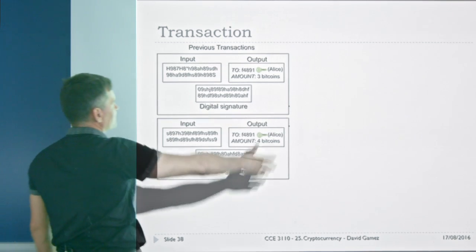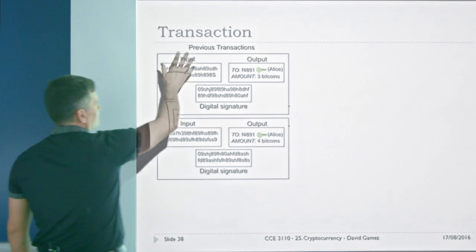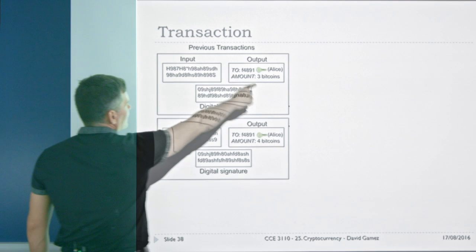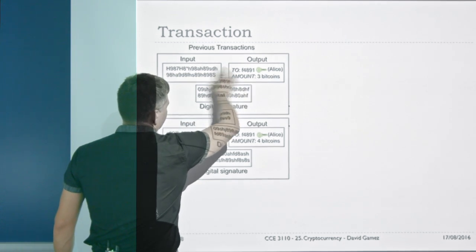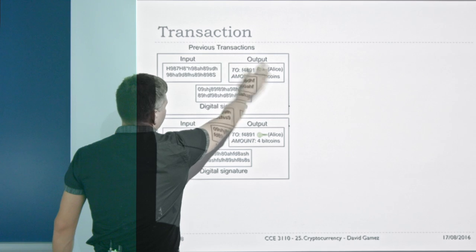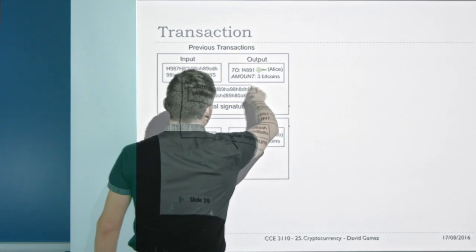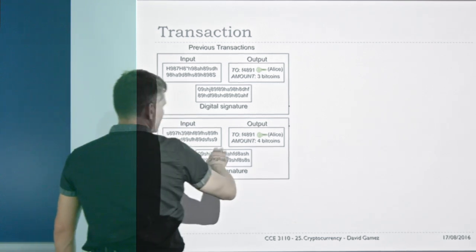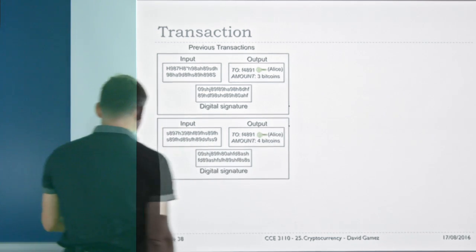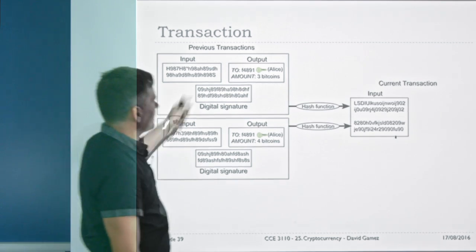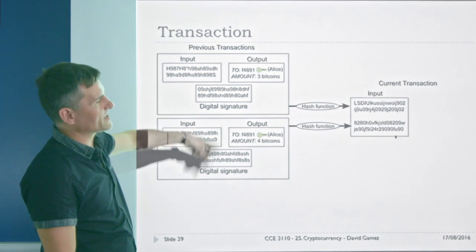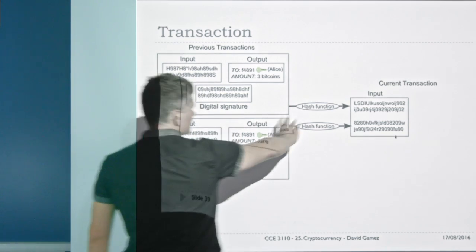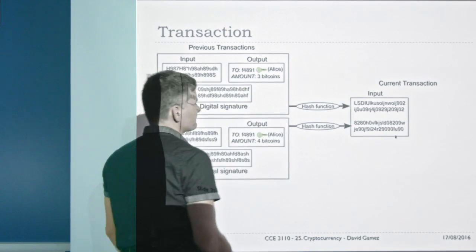These are the previous transactions, which would have been some input, like previous transactions that transferred money to Alice, which gives Alice the money that she's transferring. And then we have the output, who she's transferring the money to. So this is a previous transaction which had some input and transferred 3 Bitcoins to Alice, signed by whoever transferred that money. We have another transaction with an input and a signature that transferred 4 Bitcoins to Alice, let's say. So firstly, these are the inputs. These are how much money Alice has, or where that money is coming from that she's now spending in the current transaction. We take the hash of these previous transactions, and that's the input to the transaction.